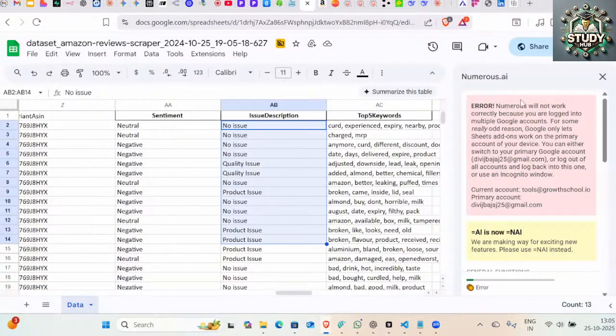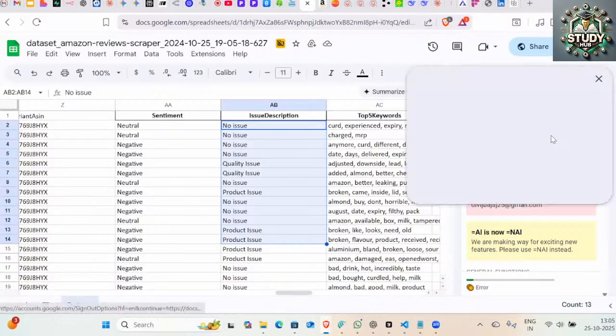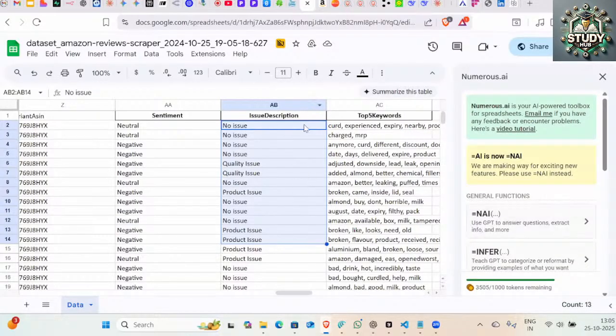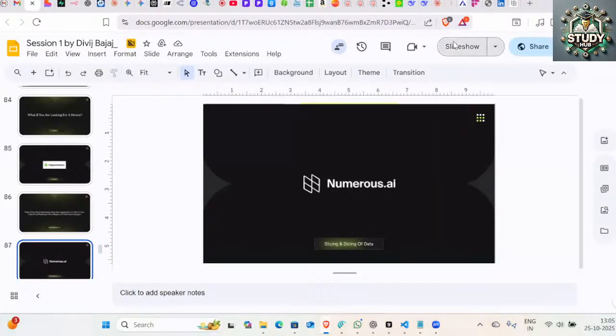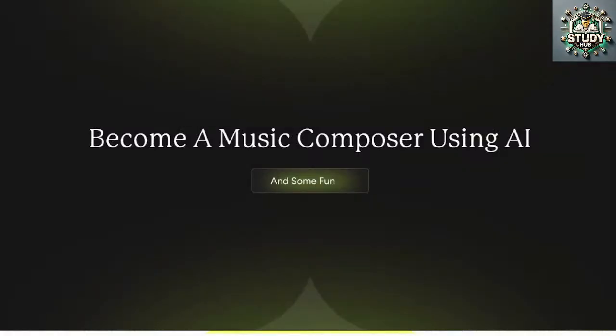Right. So you can imagine, once you have only one account, this is enabled in your extension tab, right? This is showing me that you have multiple accounts opened in your tab. I have to log out from all of these to operate it perfectly fine, right? So that is the main reason why it was misbehaving, but you can try logging out and logging in. But for anything you want to do in Excel, Numerous.ai is the tool. If you don't want to upload your files on ChatGPT or any other tool, if the data is confidential, right? Last but not the least, which is how I told you in the beginning, right?